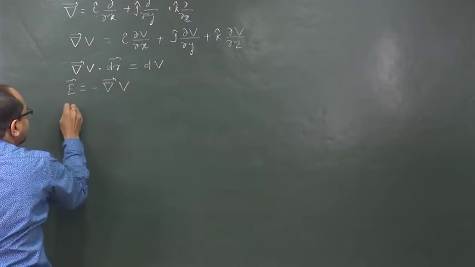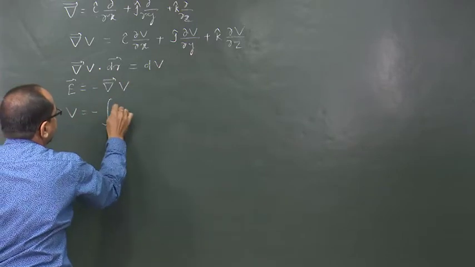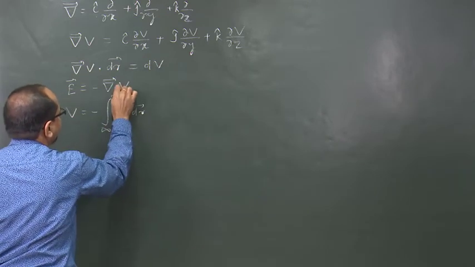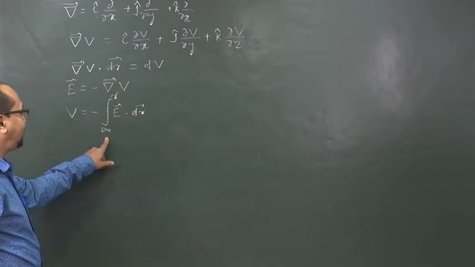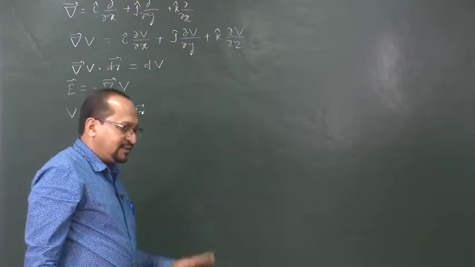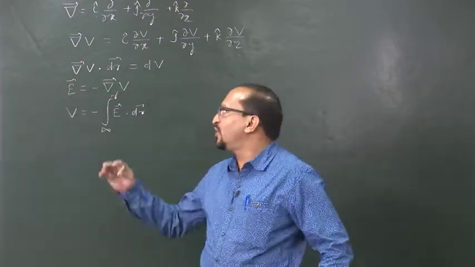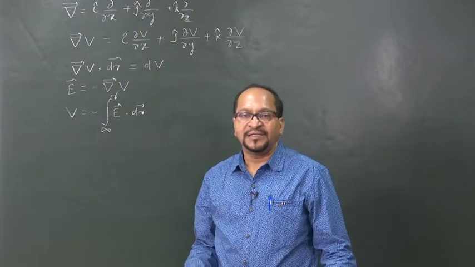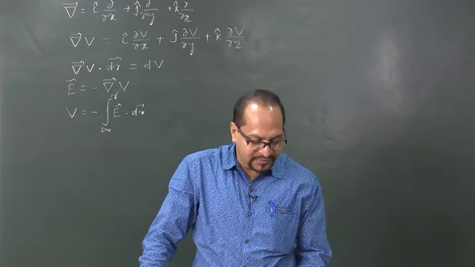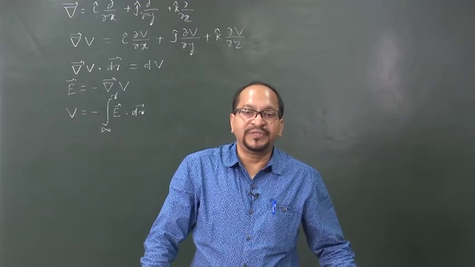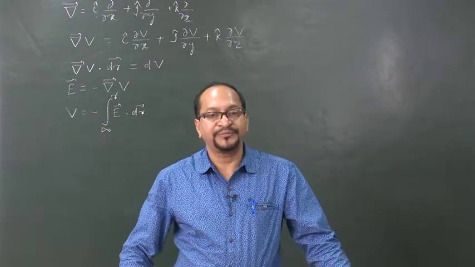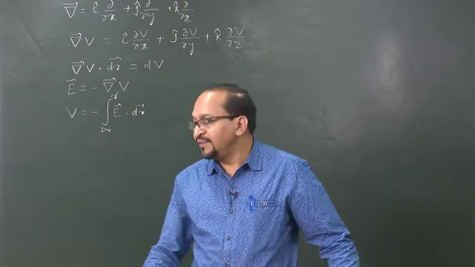This is the differential relationship, and V is equal to the negative of the line integral of the electric field from a reference point, infinity, to a particular position r. So far we have discussed this. Now we will explore more on this grad operator, and we will discuss two other mathematical tools used in vector algebra, and we take their help to understand physics in a more convenient way, particularly in electrostatics.